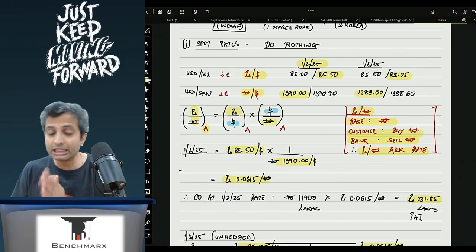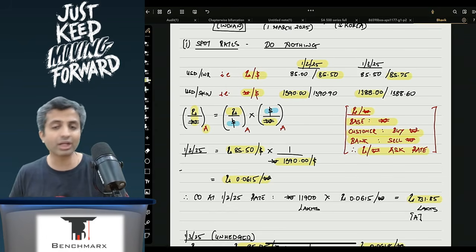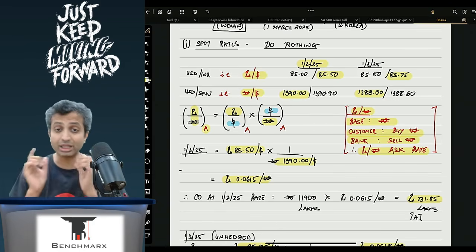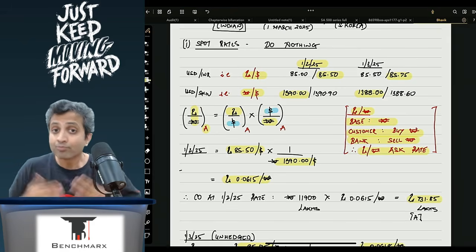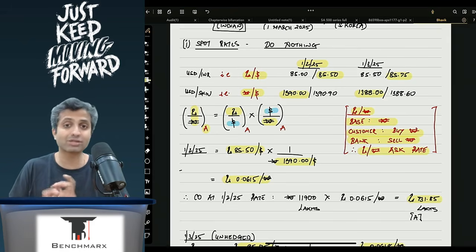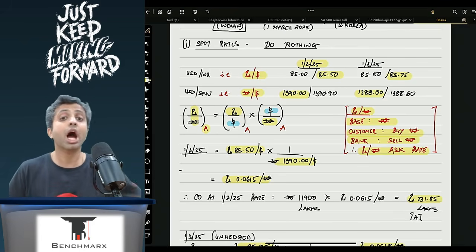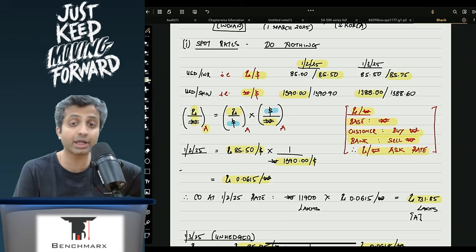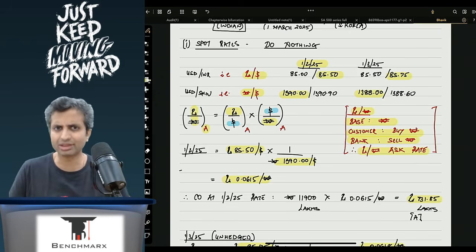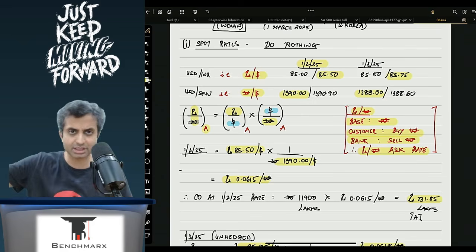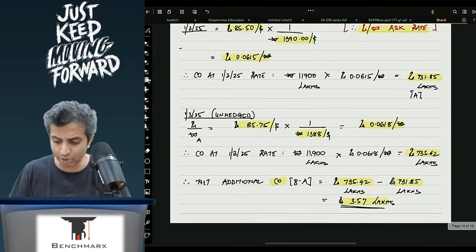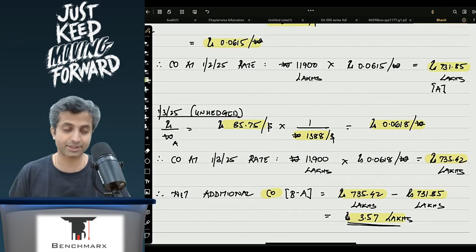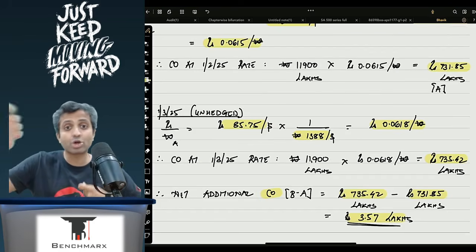The problem is, this is a non-deliverable forward. In a non-deliverable forward, you will not go to the bank and pay the amount and get the entire won. In fact, you will settle by differences in prices, that is your net adjustment gain or loss under the non-deliverable forward. You still have to pay the semiconductor company, and hence you will have to go to the spot market and get the won. Now that is very easy. I will go to the spot market on 1st of March, get the won, and that will probably cost me around 735.42, because I will have to go to the spot market on 1st of March even if I take an NDF contract.